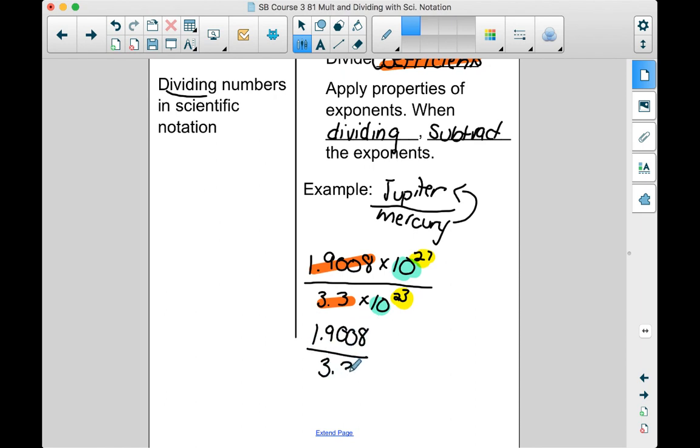Now, when we're dividing with decimals, we've got to go back to our division with decimals rules that we learned in 6th grade. So here, numerator goes in, denominator goes out. We can't have a decimal in the denominator for this part, so we go ahead and move this decimal one time. Whatever we do there, we have to do here as well. So if I move it one time,